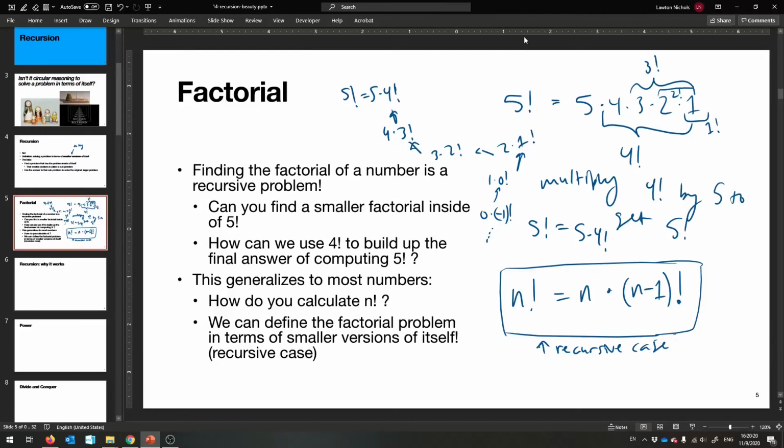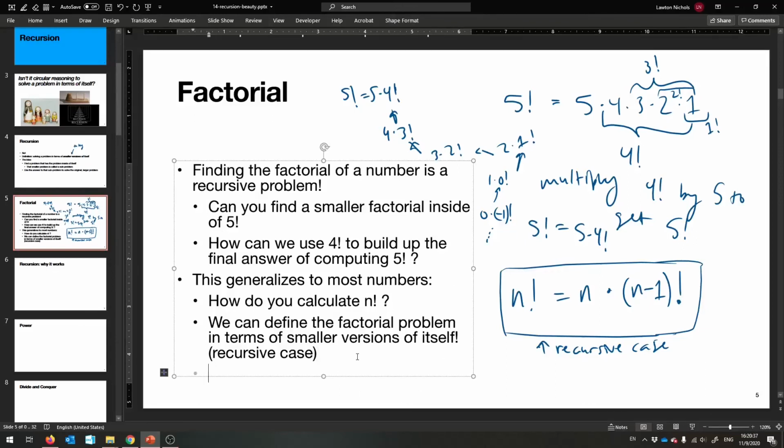So you need a place for this to stop, okay? We want this to stop, okay? Eventually it's going to get to smaller and smaller factorial computations, and eventually it's going to become incorrect because we might get down to 0 even, and -1 factorial, which doesn't make any sense. So here's what we do.